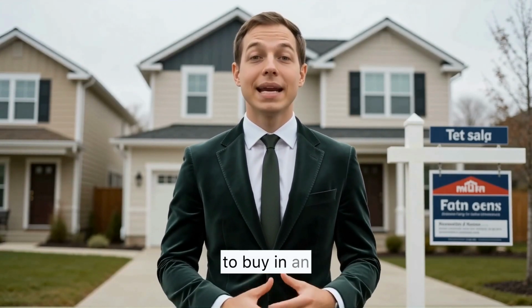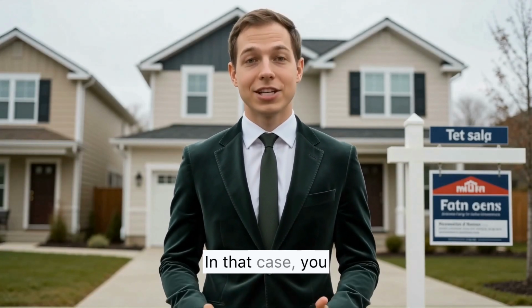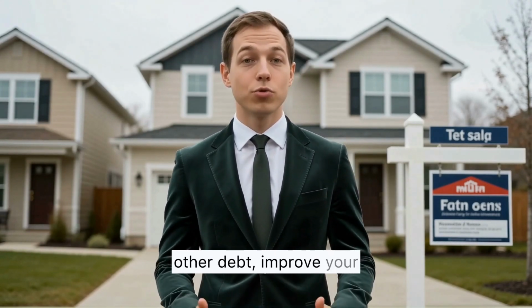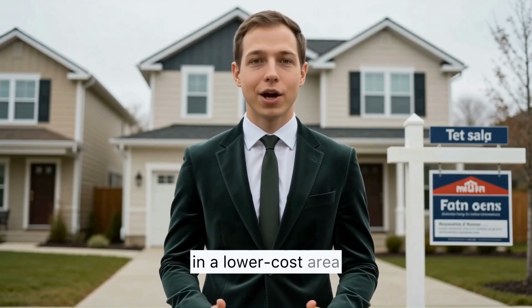Now, if you're trying to buy in an expensive market, I get it. Sometimes even modest homes are priced aggressively. In that case, you have a few levers you can pull: increase your down payment, reduce other debt, improve your credit score for a better rate, consider a smaller property, or buy in a lower cost area if that's realistic